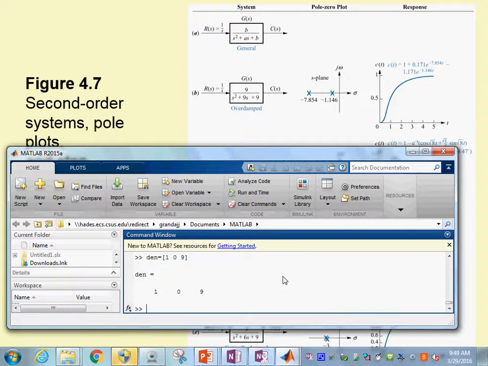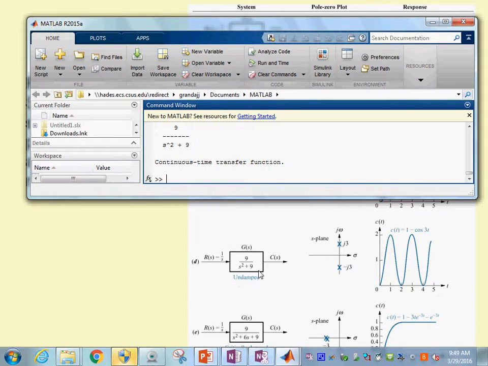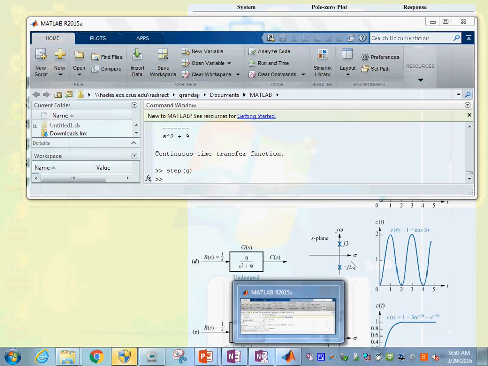Step of G, and then let's see what happens. Oh, where is my plotting here? Okay. Step. We have this step response, which has many oscillations in it, but in here I am going to venture and say, instead of the denominator being a 0,